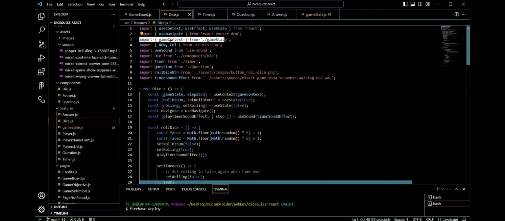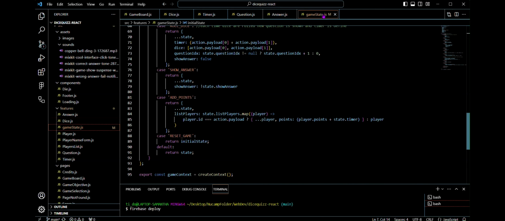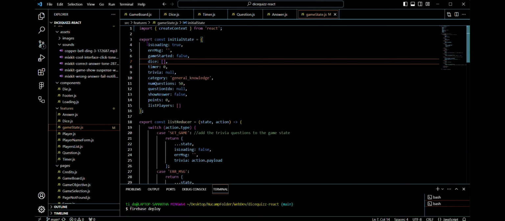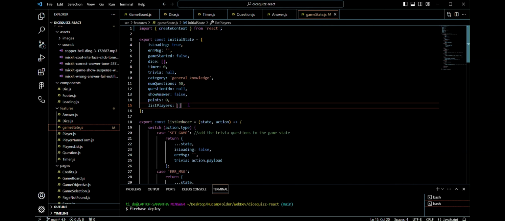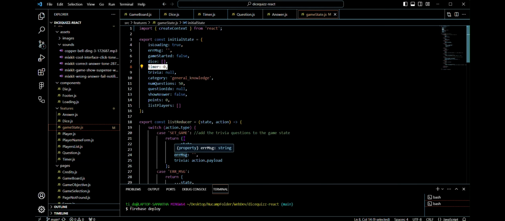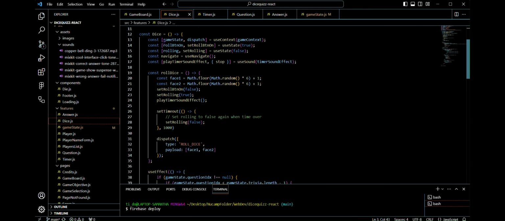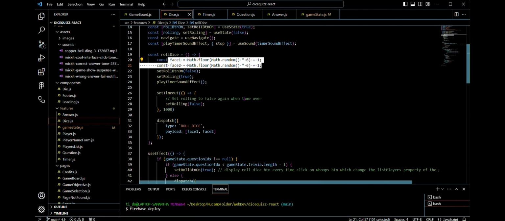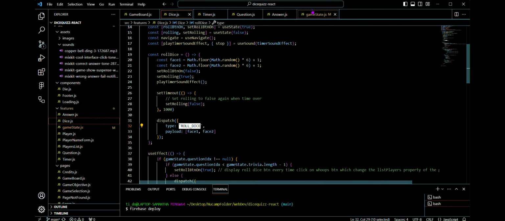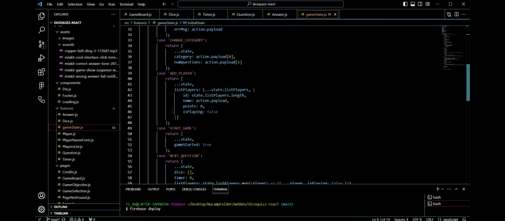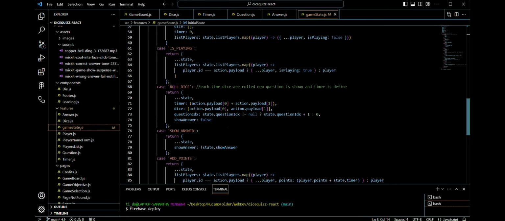I have my game context that I created in my game state. Here, my game state has all the information related to the state of the game. And you can see right there, there's the value for the timer. So when I'm in the dice component and the player rolls the dice, this information will be used in my game state in roll dice with my reducer, to calculate the value of the timer. So right there,